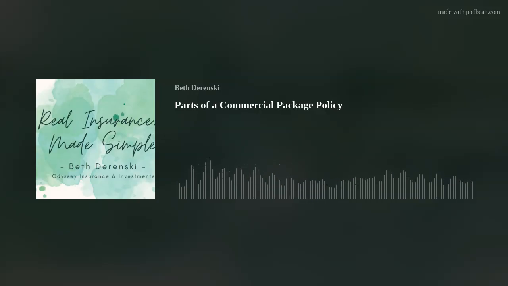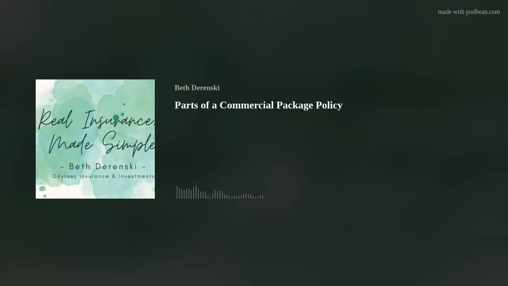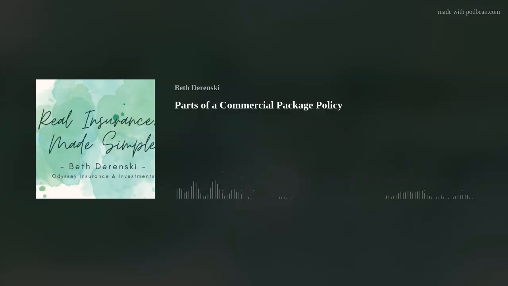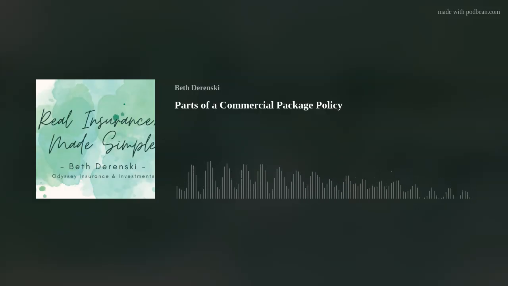Let's go ahead and go through an example, because I know that these are a little easier to walk through. So let's think of a mechanic shop today. Typically, your general liability is going to provide coverage for trip and falls. As customers are coming and going from the shop, for example, someone walks in to pay their bill, they drop off their keys, they come in to pick up their keys, and they trip and fall,